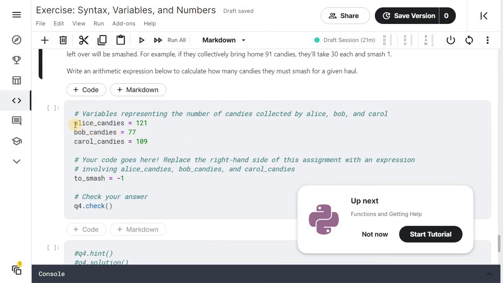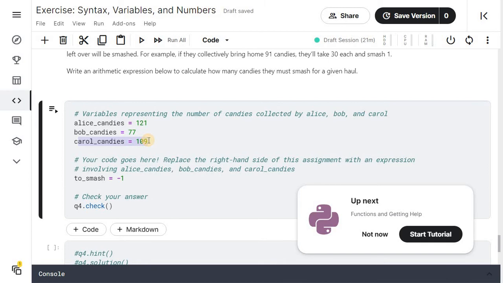So we have 3 variables. First is Alice candy, then Bob candies, and Carol candies. What we will do, we will perform the addition of these 3 candies. Then we will divide by 3.